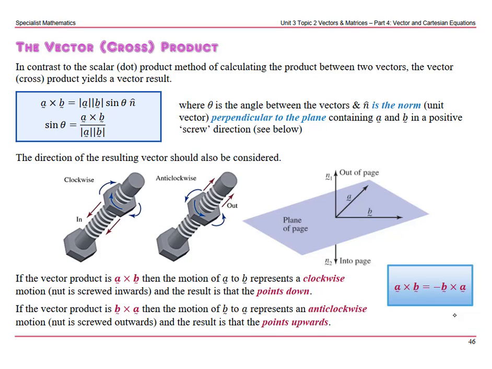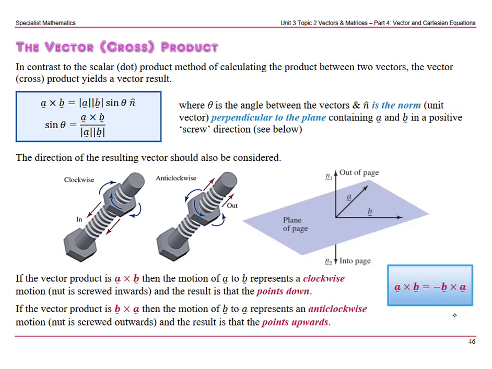This video looks at the vector cross product in 3 dimensions. Now, in contrast to the scalar dot product method of calculating the product between two vectors, the vector cross product yields a vector result. Now, you should recall from Unit 1, A cross B equals the magnitude of A times